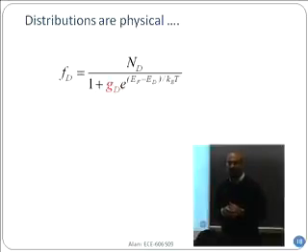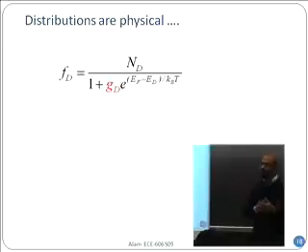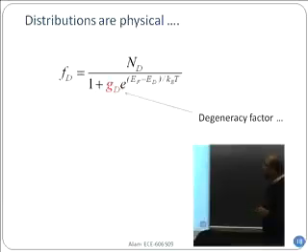So distribution is not statistics, it is actually physics, because physics dictates how things can get distributed in energy. Okay. Now I also mentioned the degeneracy factor. But you see, for a theorist, it is easy to calculate in some way this number. Most of the time, experimentalists don't really worry about this, because if you have a new material, in this material we already know